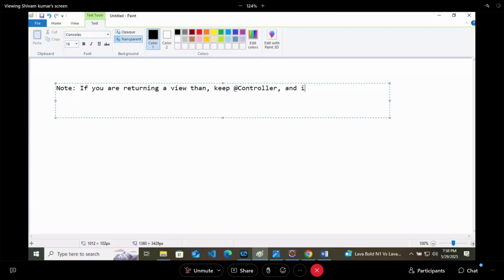And if you are returning object data in the form of JSON or XML, then keep @RestController. So it's very simple.